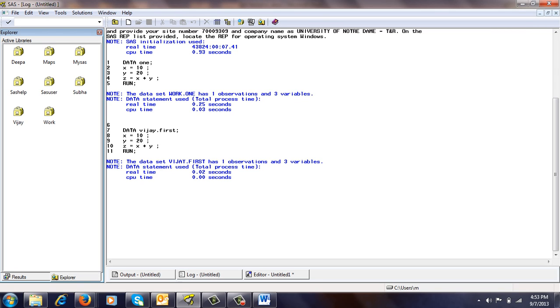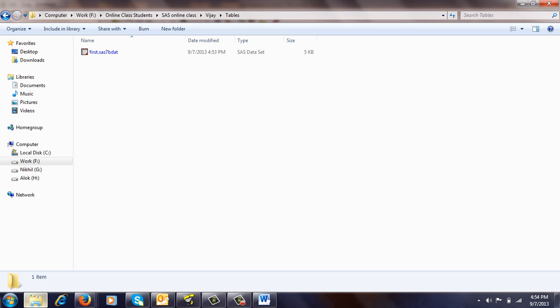We check the folder as well, the Vijay folder. Yes, it's displaying the first here. Now we go to our drive and check if the data set has been created or not. You can see it is displaying a data set as